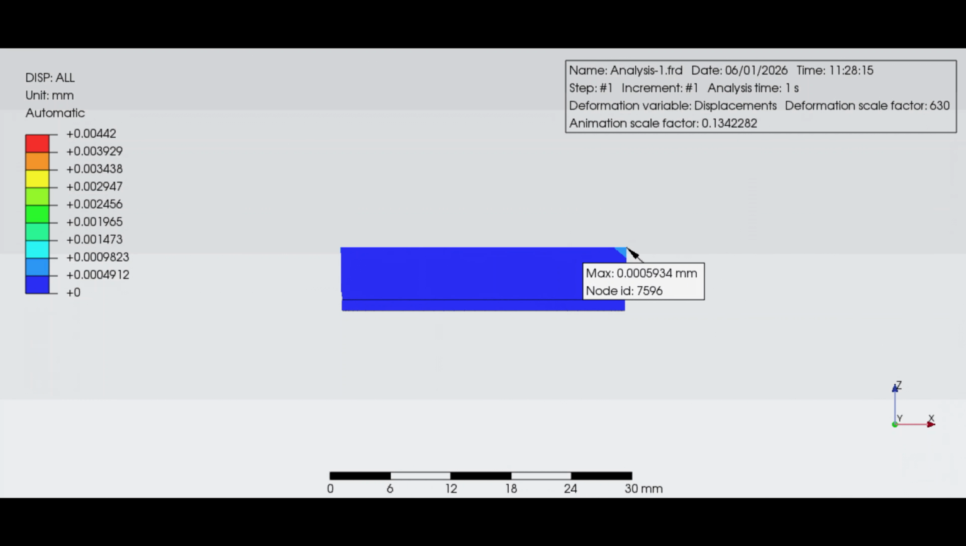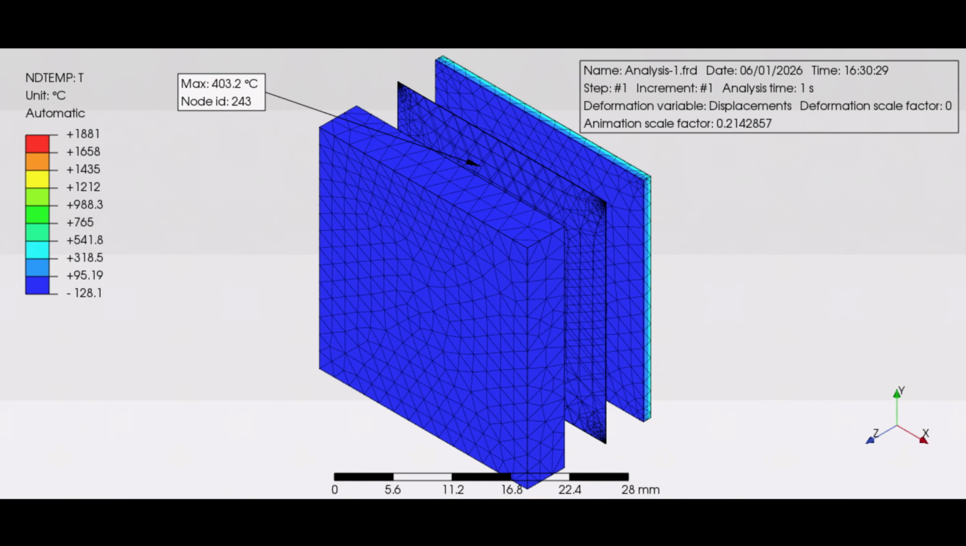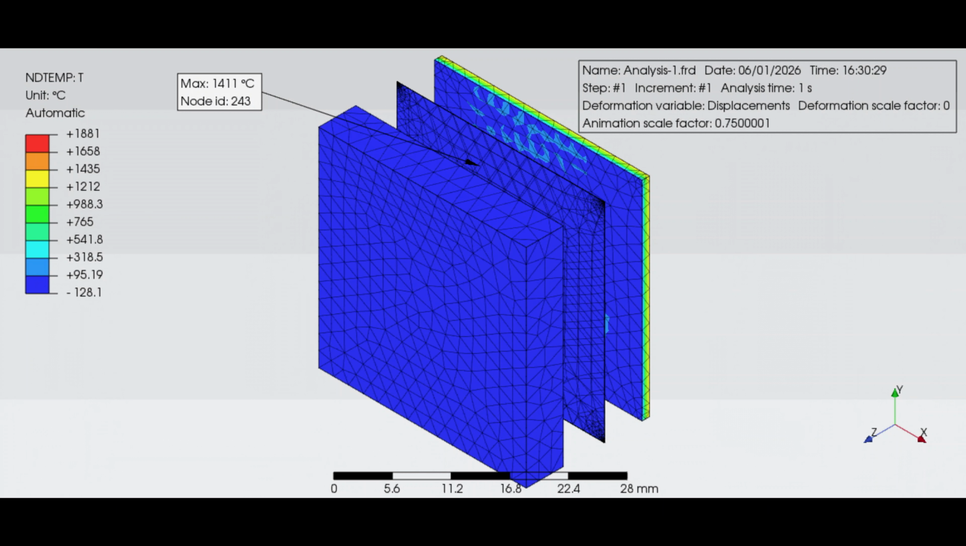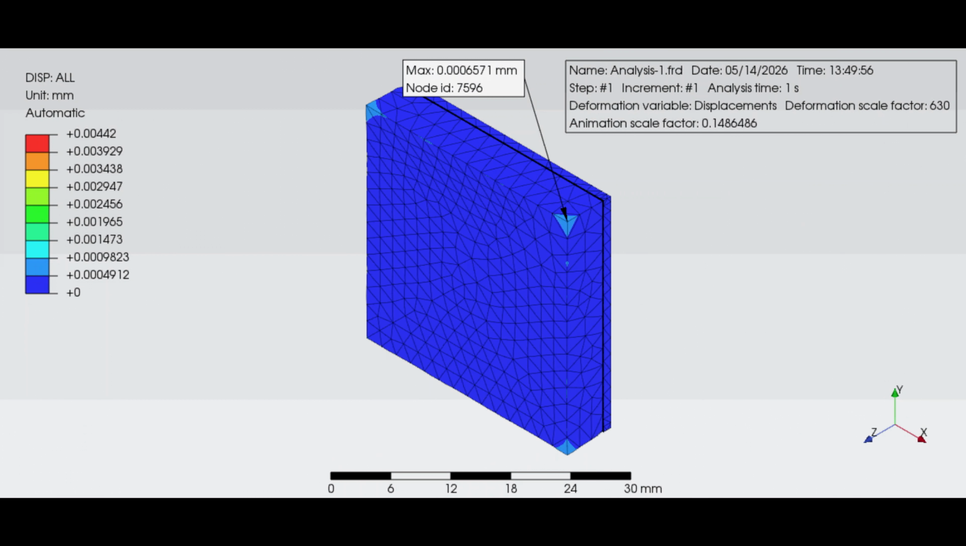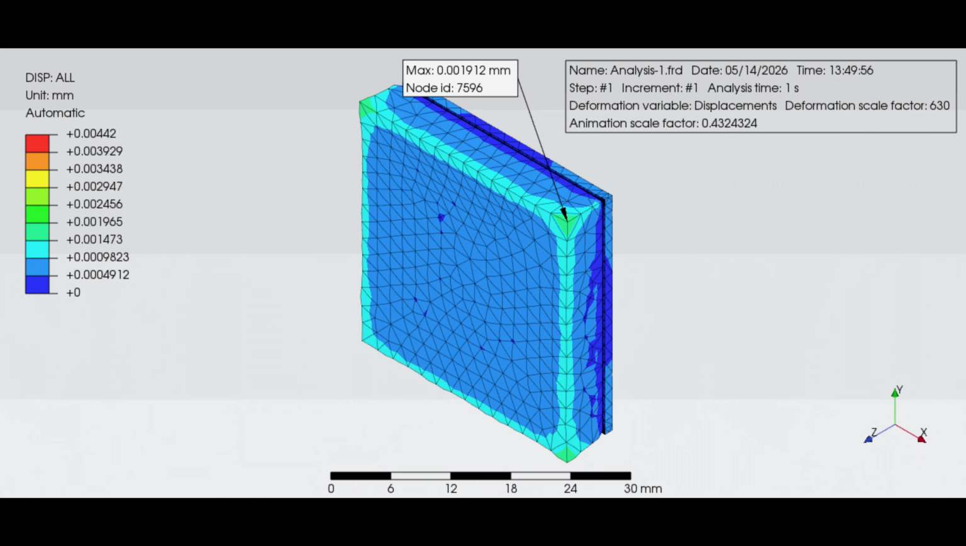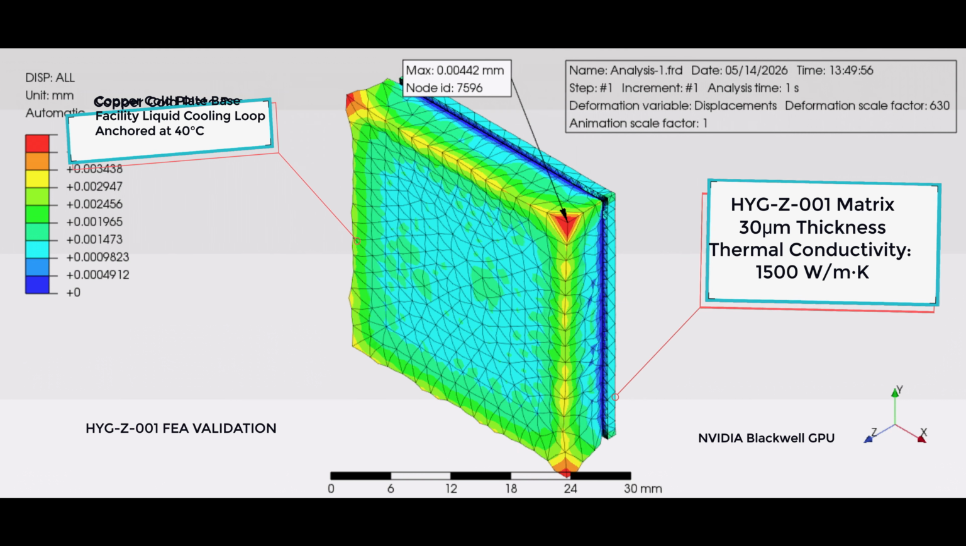When modern servers run at peak capacity, the computing hardware is subjected to intense physical and thermal pressure. This 3D wireframe models a complete thermal stack: a silicon die, a 30-micron interface matrix, and a copper cold plate. Finite element analysis subjects this assembly to an instantaneous global thermal shock, spiking from a 20-degree baseline up to 100